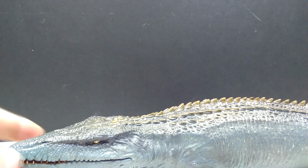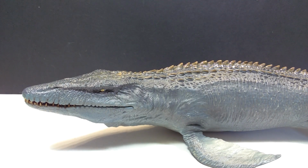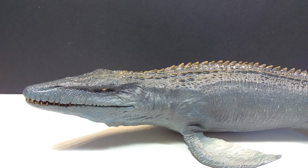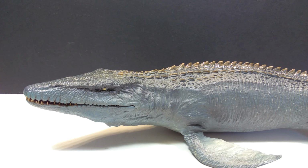And then we have the star of the show, and that is our Mosasaurus. So there is the Mosasaurus. Straight away looks amazing, honestly. Fresh out of the box. It is absolutely gorgeous and ridiculously huge. It is really long, which is just very impressive to me how long it actually is here in person. I expected it to be big, but I'm very impressed overall by the size of this, and just the price